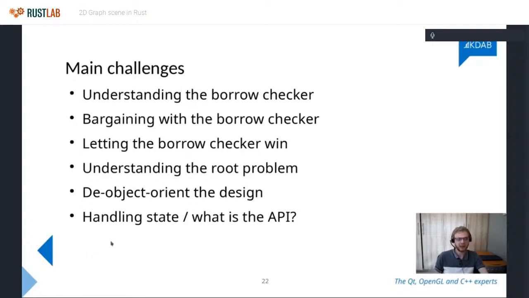And then the other challenge that I had when doing this implementation is in terms of handling GUI state and deciding on what type of API I want for this thing that I'm building. And I don't have an answer to this yet. It's really open for discussion. Right now, I have this very imperative API, as I showed you, where you need to say button.setXY every time. There's no state variable which you can just update and have things happen like you have in QML or in Flutter or in React.js, whatever. So yeah, I haven't figured this out yet.